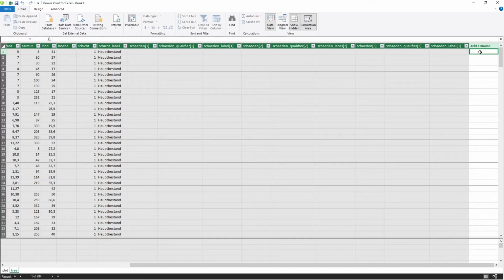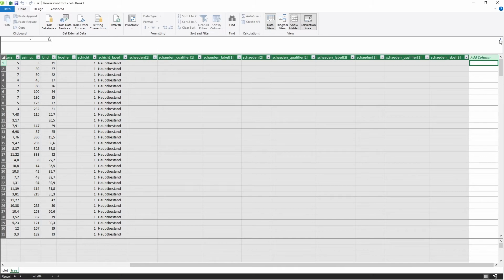The first essential calculation that we always need to do is to determine the expansion factor of each single tree. In our case, we used a nested plot design. We had nested concentric circular sample plots with different plot sizes for different diameter ranges of trees.